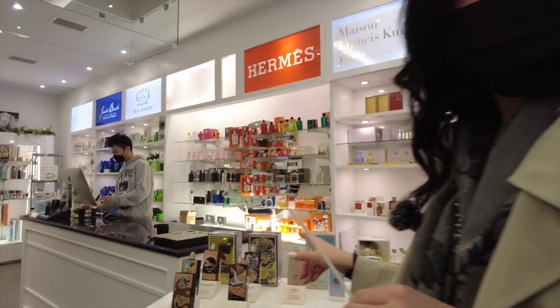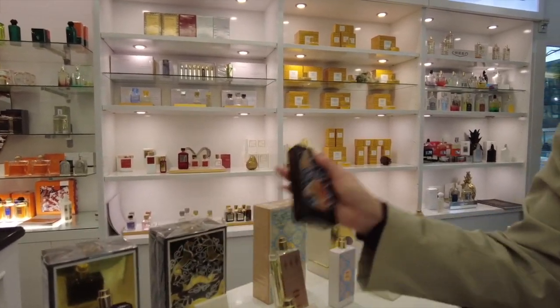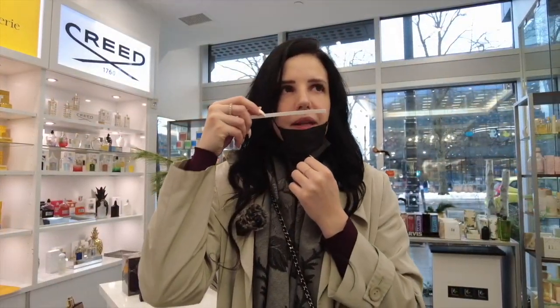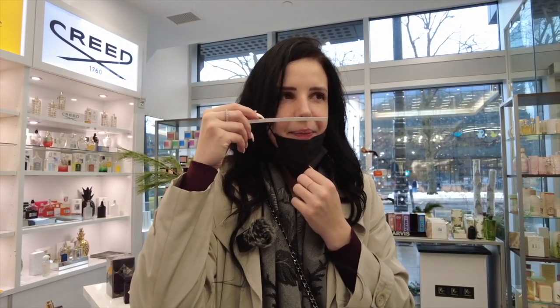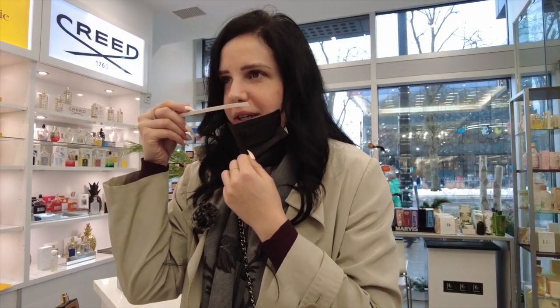Maybe the Irish leather. I feel like the African leather could be a bit spicy. Okay, but what would Irish leather smell like, and why would that be different than anywhere else? This reminds me of something that I've eaten. That you've eaten? It smells kind of like a juniper gin